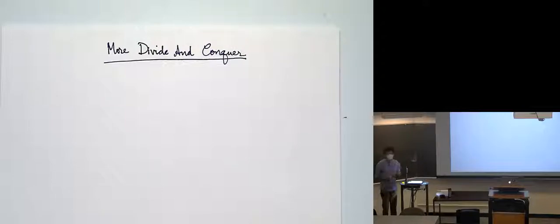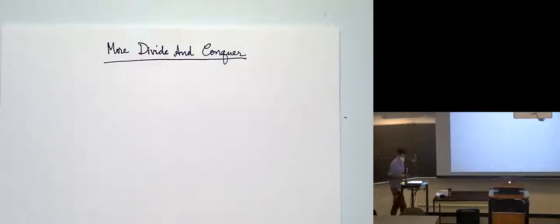conquer, which there's some sort of magic in divide and conquer, which is at some level you can understand dynamic programming, it makes sense. Greedy algorithms, sure, you can come up with a greedy algorithm. But in divide and conquer algorithms, and even now, even after doing this for so many years, there's an element of magic to them, that you can come up with results which are very surprising, that you wouldn't expect. And a lot of unexpected algorithms come from divide and conquer, and I want to give you a few examples